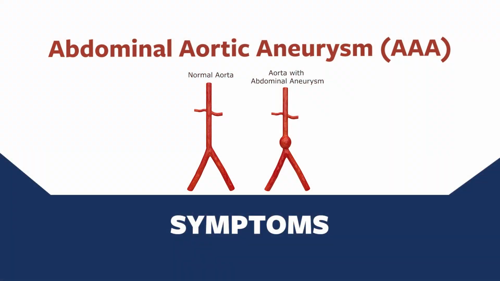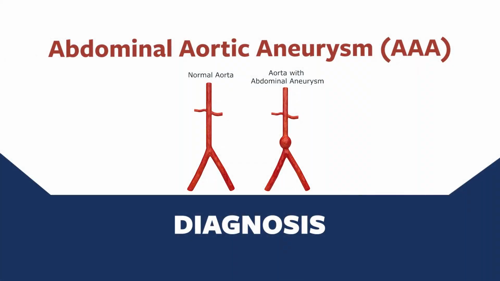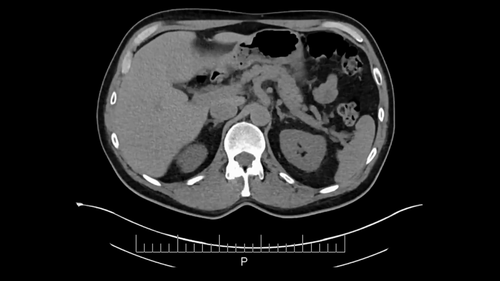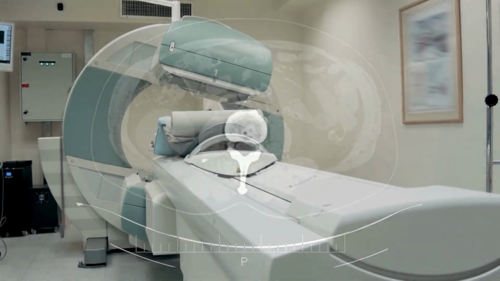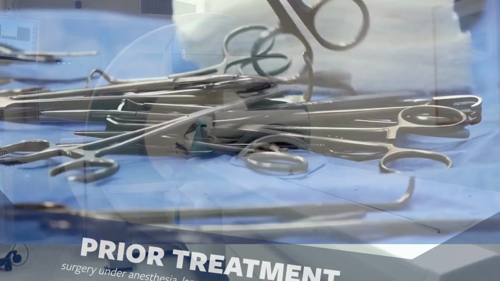Most of the patients with abdominal aortic aneurysm do not experience any symptoms until the abdominal aortic aneurysm ruptures. This is why this condition is called a silent killer. In a lot of instances, the diagnosis is usually made accidentally on the X-ray of the abdomen or a CAT scan that's ordered for some other reasons, for some other conditions.